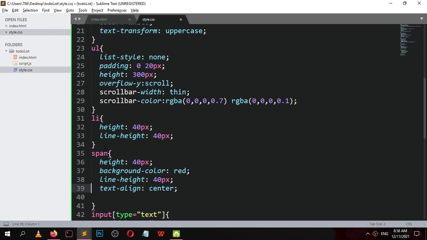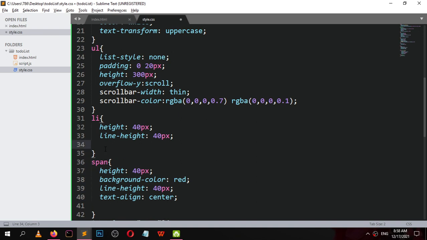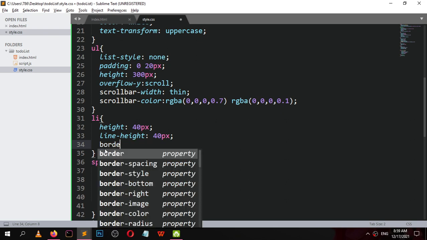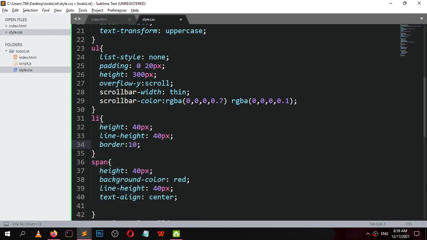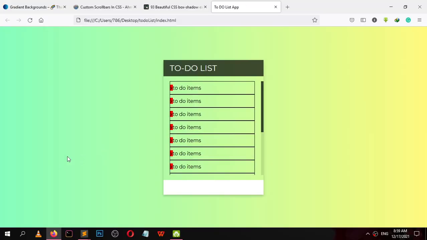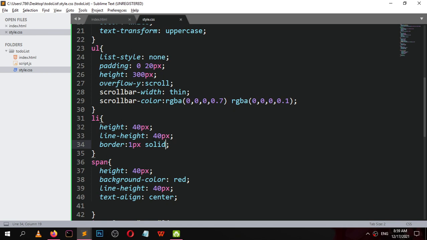Add a border 1 px solid, just to debug what's going on behind the scene. The span height is 40 px, background color is red, line height is 40 px, text align center.